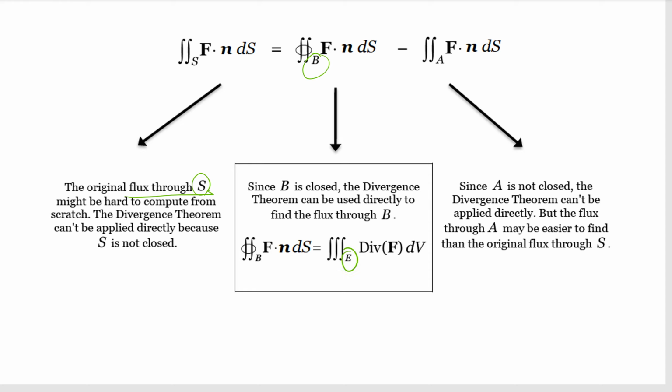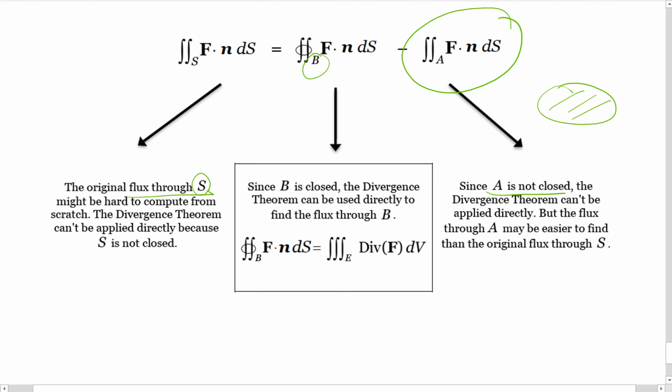And then that's minus the flux through the surface we add, which is A. A is not closed, so we cannot use the divergence theorem, but usually the surface you add is like a disk, so it's much easier to compute the flux integral. Okay, and that's it for section